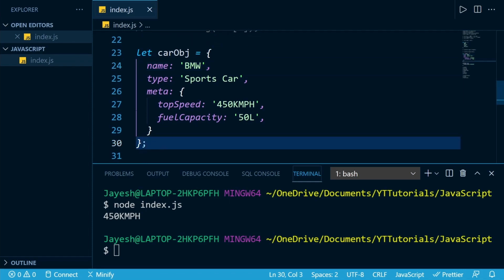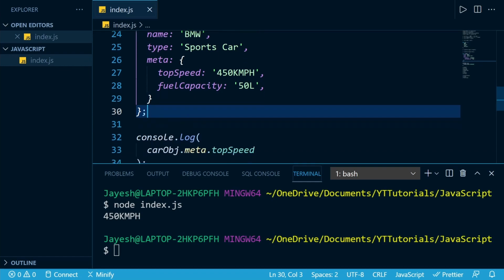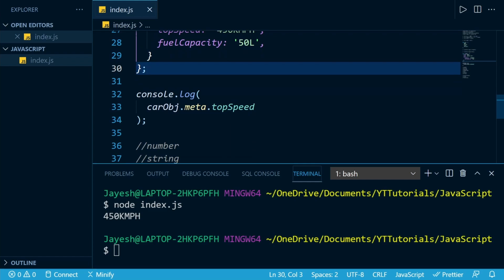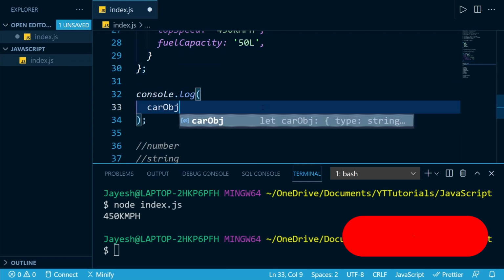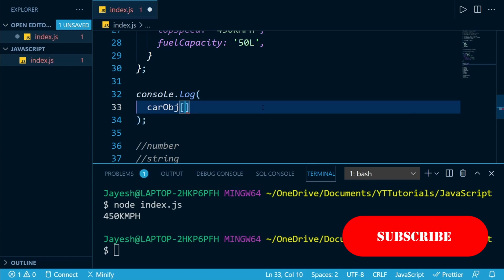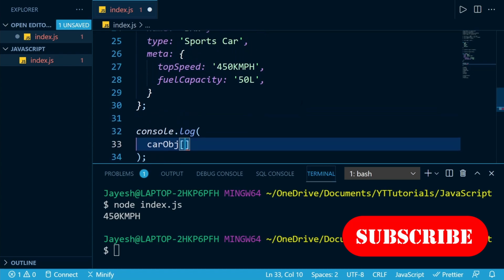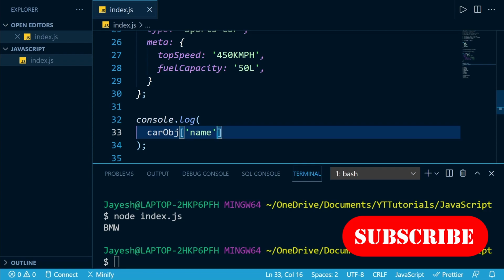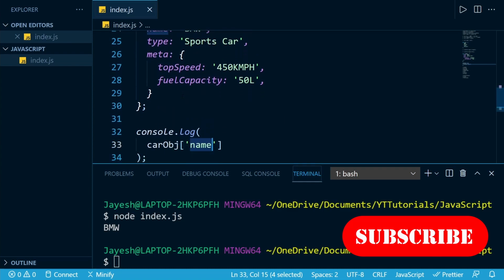Okay, so I think you understood how we declare objects and how we can use them basically. So actually let me show another method of how we can access the properties of our object. We have car object, and then we can use square brackets similar to an array, but instead of passing indexes, we pass in a string, and inside of our string we pass the name of the property we want to access.